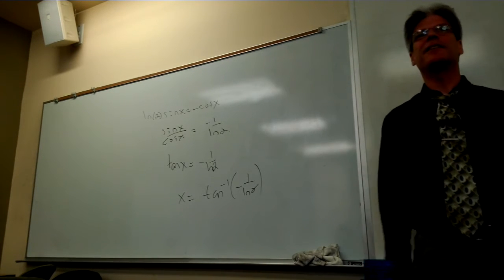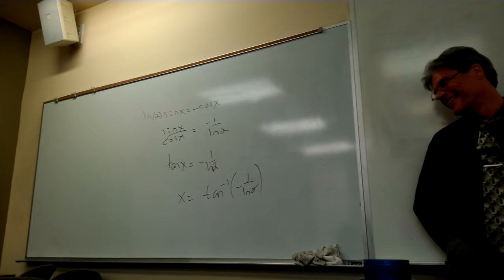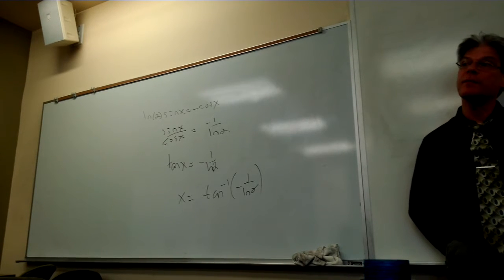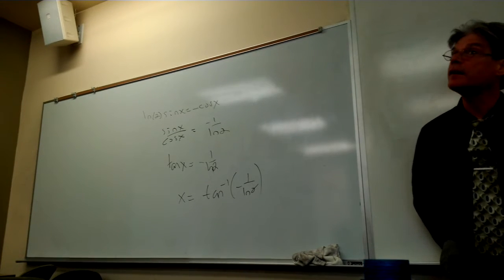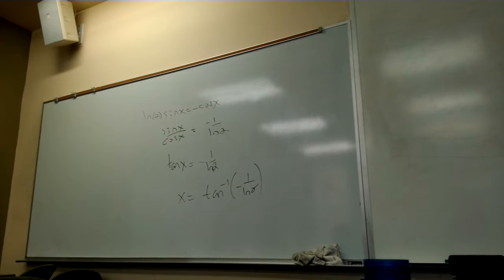What's wrong with this? I haven't done anything wrong, but I think there's something gravely missing: the understanding of the interval over which I'm trying to find critical points, which is -2 to 6. And I think the inverse tangent of -1 over ln 2 is an angle between